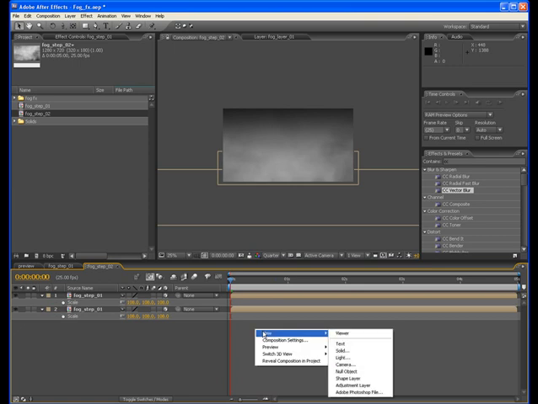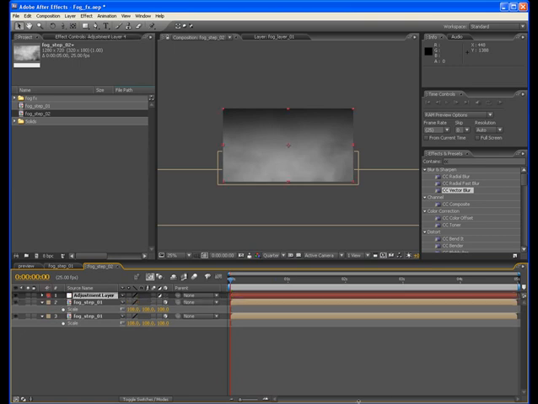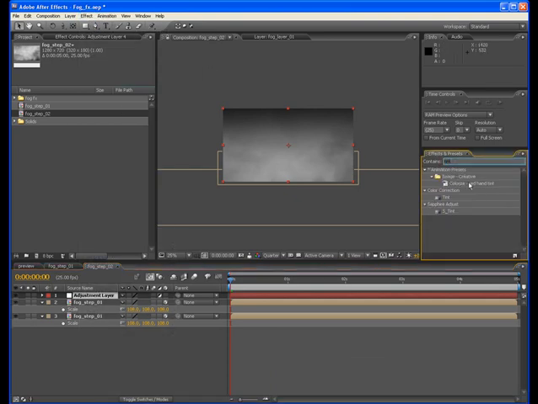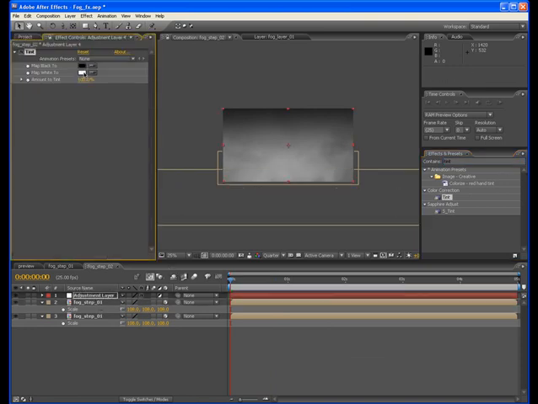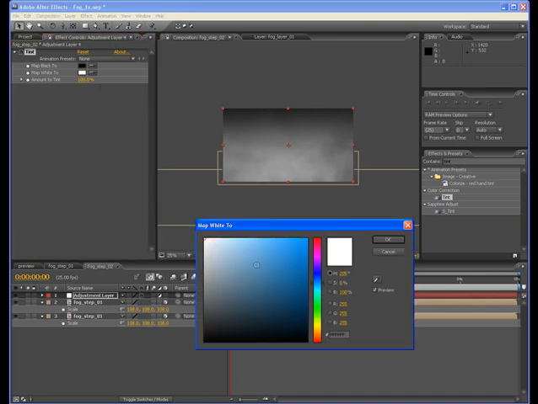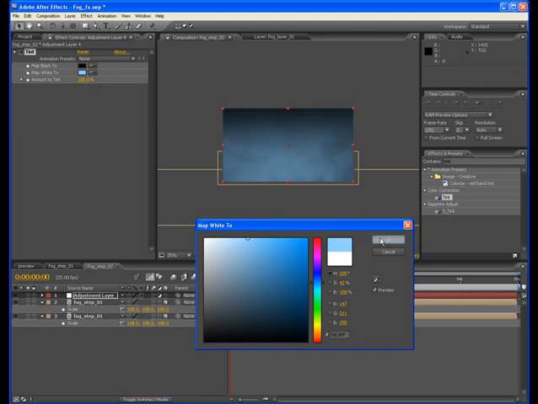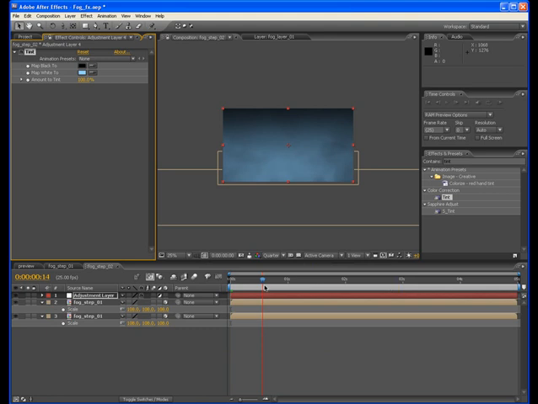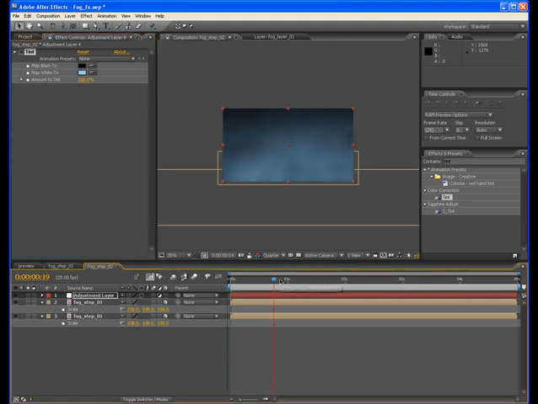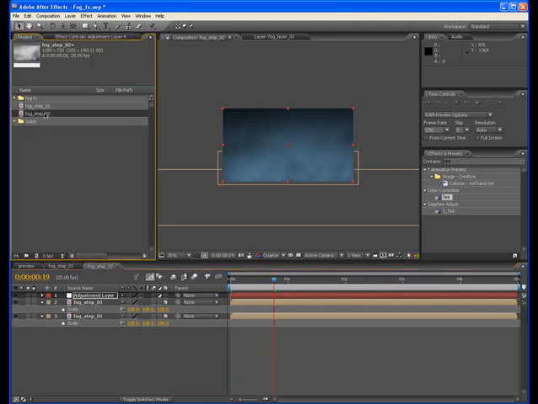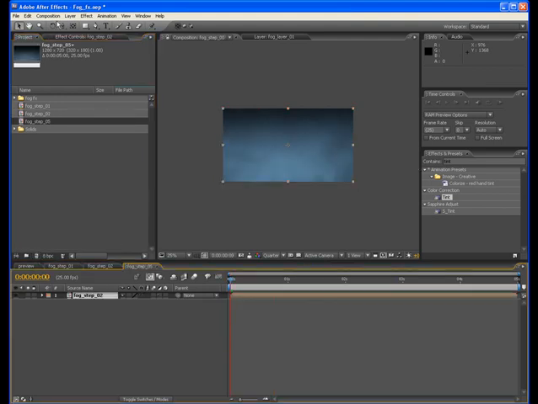a nice time to do our color correction. Okay, so what we can do is apply the tint color correction to this adjustment layer and change this map white value to kind of a blue color. Okay, or you can choose whatever color you like to have. Okay, so this is fog step 02, and let's bring down this fog step 02 new composition, and